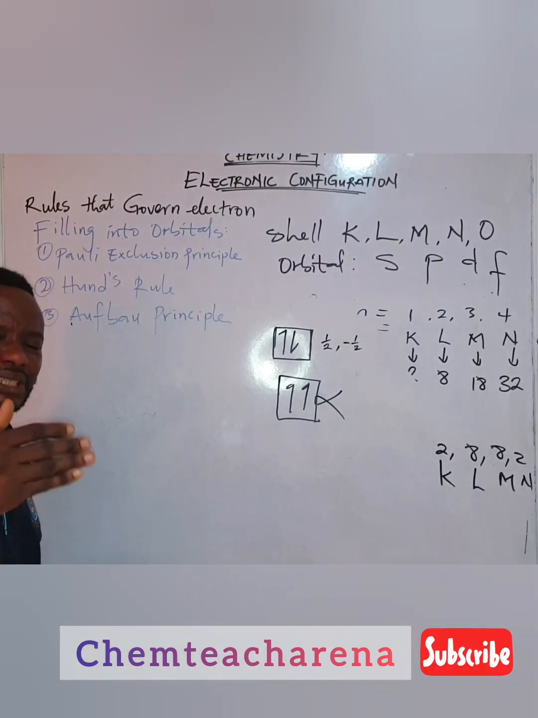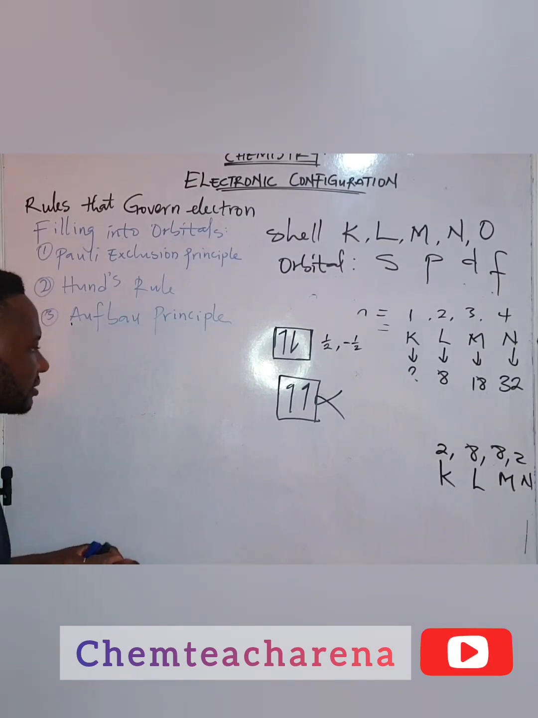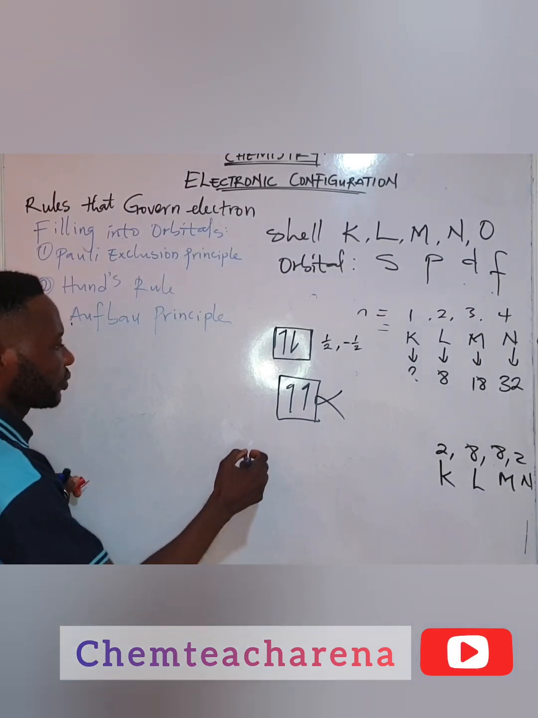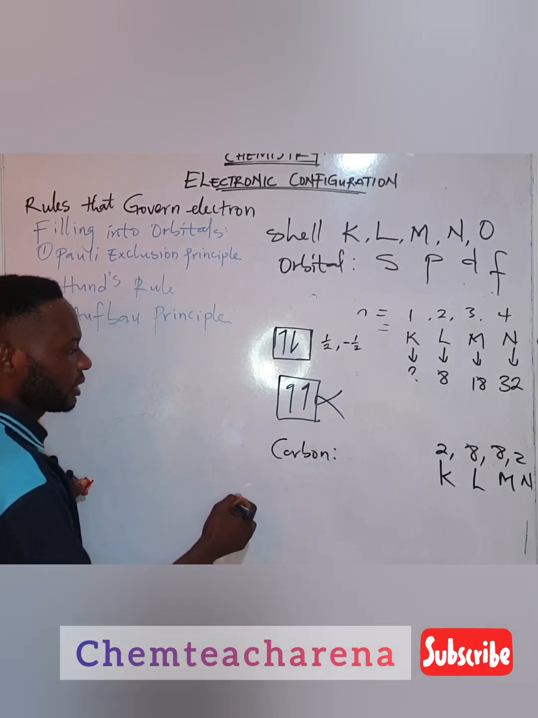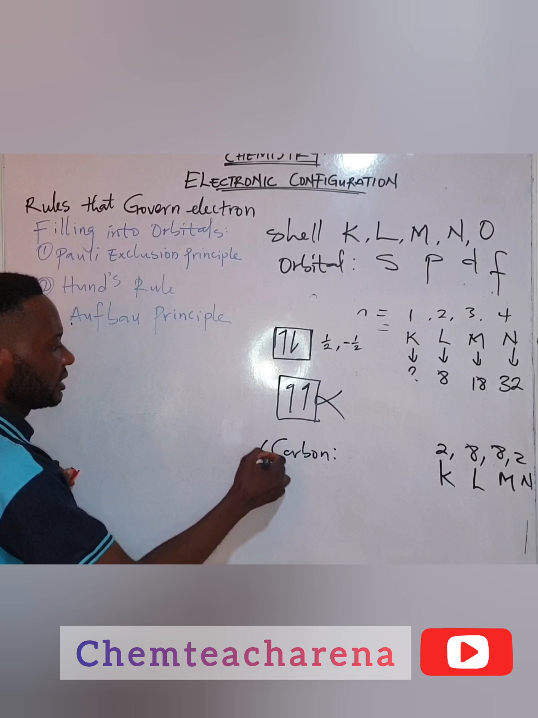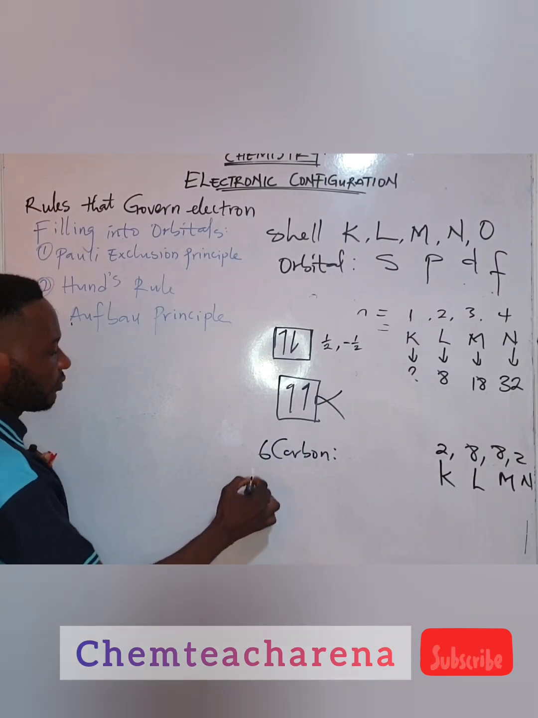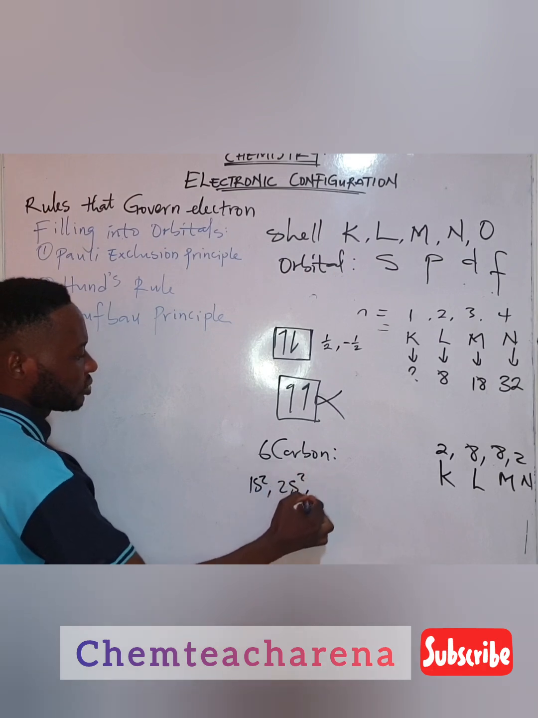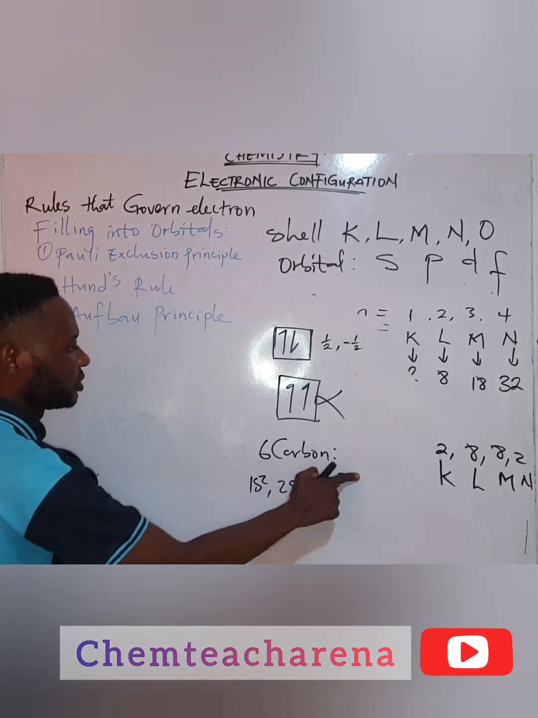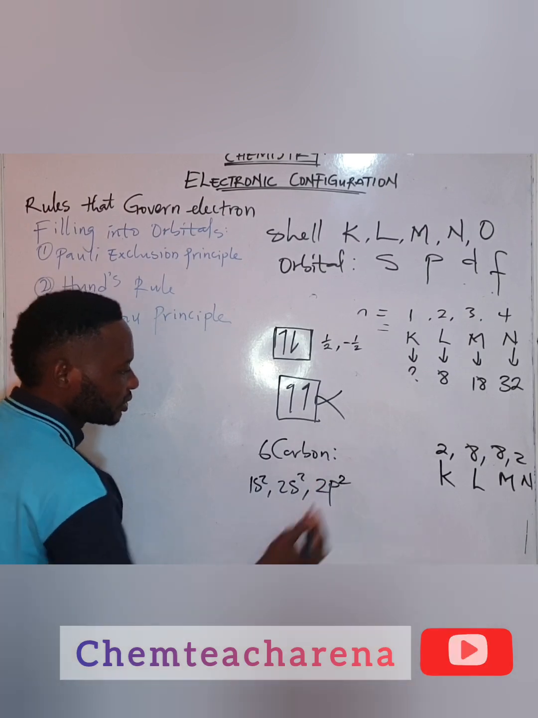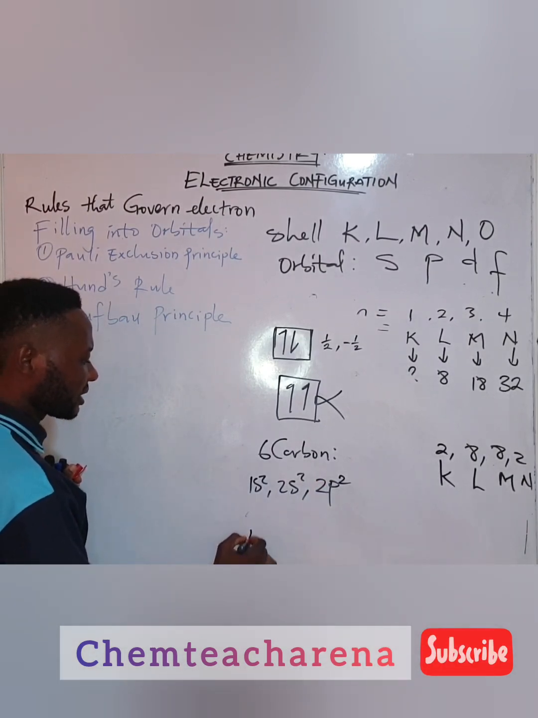Hund's rule states that electrons are filled singly before pairing in their orbital. So that means that, for example, if I want to write the electronic configuration for carbon, let's take carbon for example now. The atomic number for carbon is what? 6. Now we have 1s2, 2s2, 2p2. This is the electronic configuration for carbon. Now, having done this, if I'm to draw their orbital,